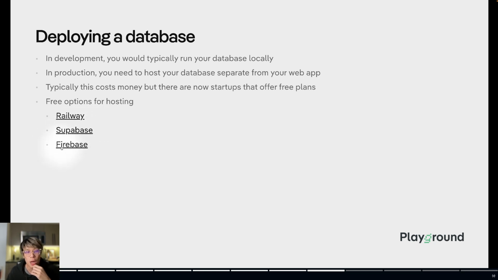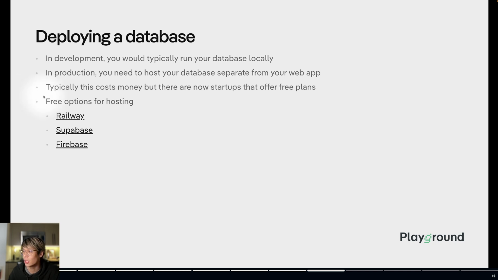And the third option I gave is Firebase. Firebase is very similar to Supabase because Firebase comes with its own database and user management. But honestly, I'm not too much of a fan of Firebase. Firebase is one of those things that like a few years ago, Firebase was like the best option if you wanted to host a database for free because there were just like no competitors at the time. But now Supabase, which was designed to be a direct competitor to Firebase, and Railway, now that those are more